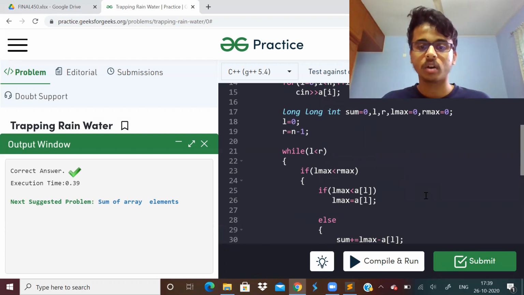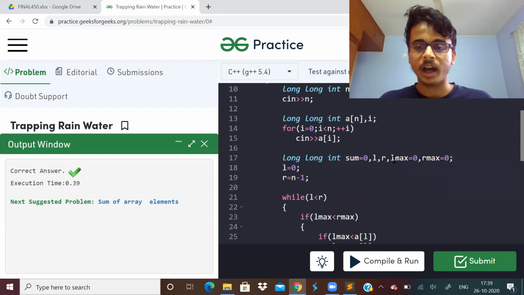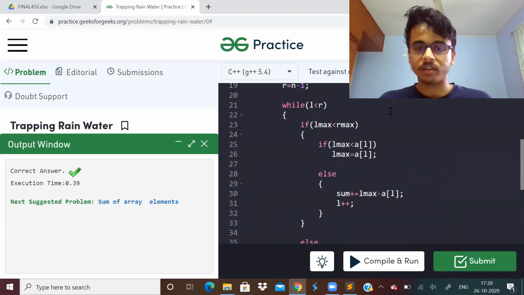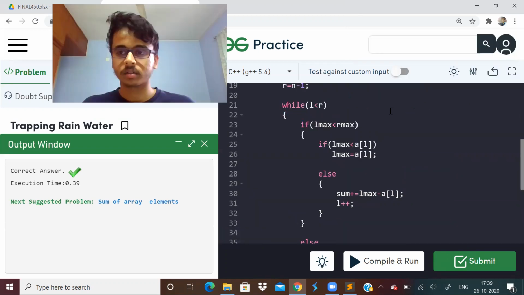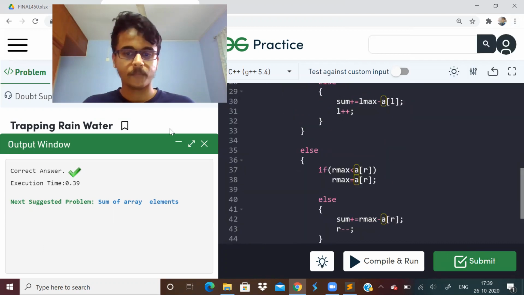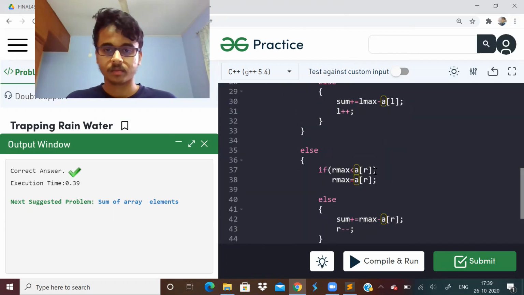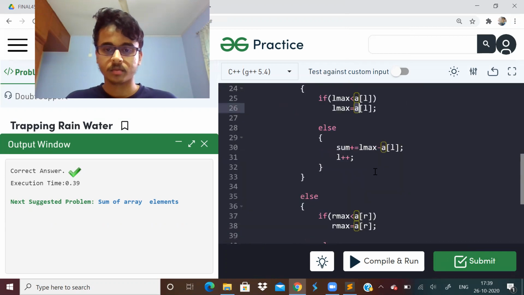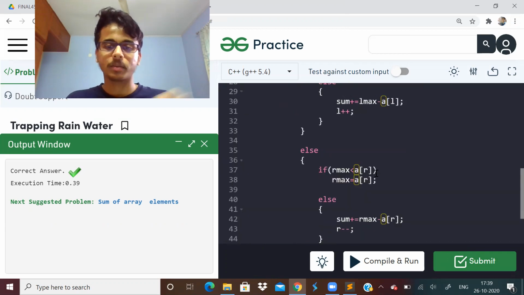This is O of n time complexity, O of 1 space complexity. You need 4 variables, L, R, L max, R max, and some variable to store the answer. So this is the code, you can have a look at it. It's like a two-pointer approach only.